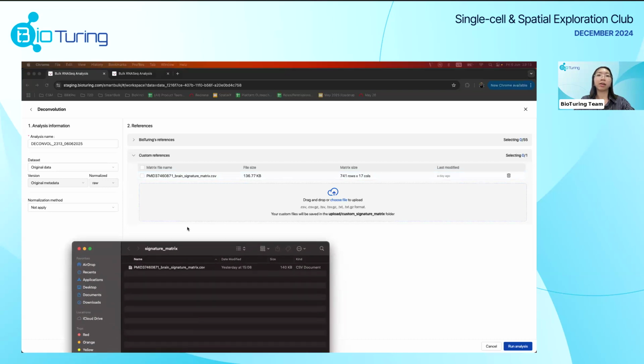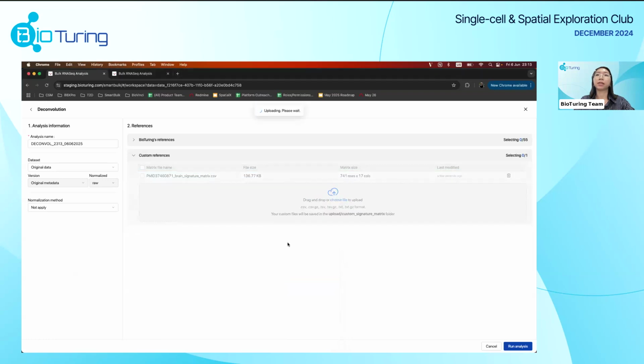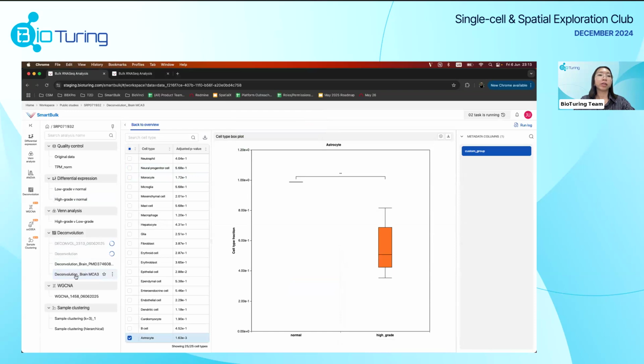So for example, I have a matrix that I saved on my computer. I can easily drag and drop that, and it will populate it here. And you can choose that as a reference to run the analysis. So currently, we are supporting users in creating custom signature matrices for them. So if you're interested in performing cell type deconvolution using your own custom signature matrix, you can always contact us at support@bopturing.com, and we'll be able to generate that custom signature matrix for you